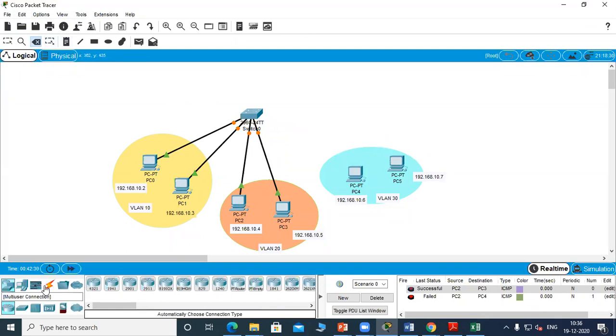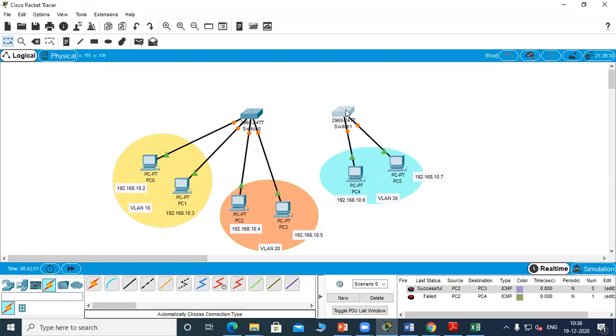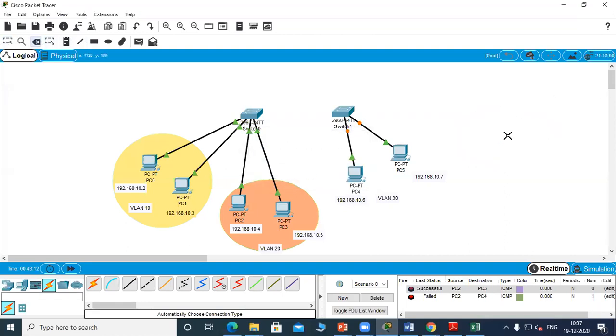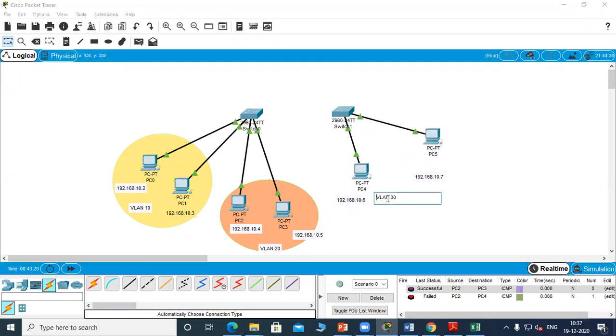I'll remove these two links and add a switch. I'll make this one VLAN 10 and this one VLAN 20.